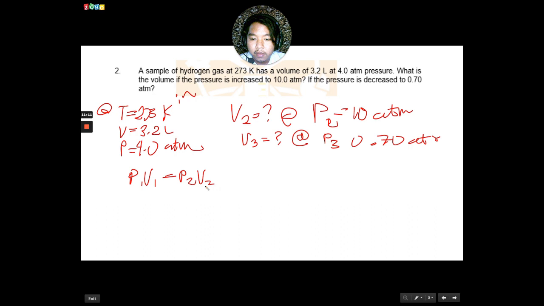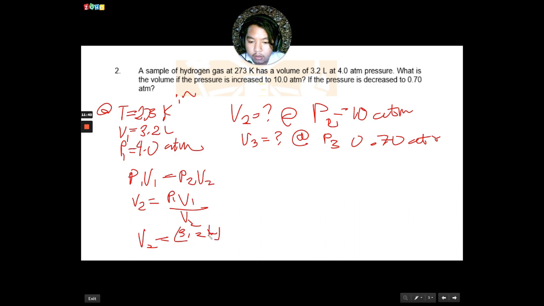The V2, we already manipulated on the first item. That would be P1 V1 over P2. V2 will be 3.2 liters, this is our V1, 3.2 liters